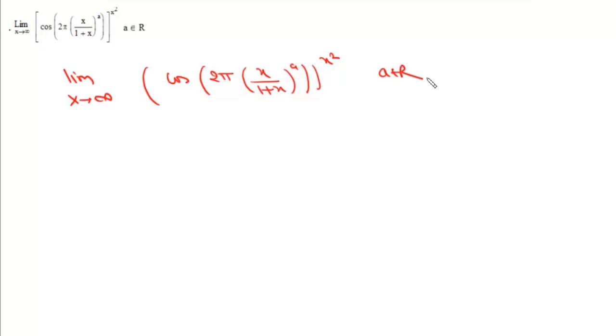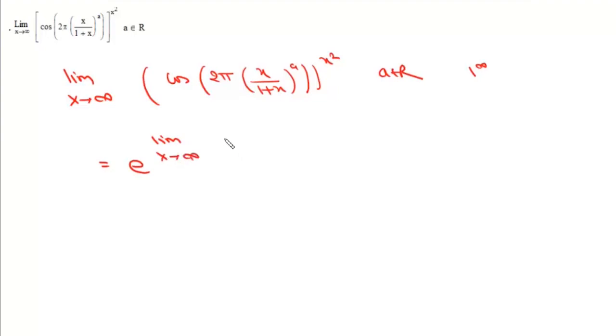Now first we'll check its form. This is x upon 1 plus x. When x tends to infinity, it will be 1. Now cos 2 pi is 1, and 1 to the power x square is 1 to the power infinity. So it is 1 to the power infinity form. That means we are going to use this shortcut directly. So it will be e to the power, and then this limit